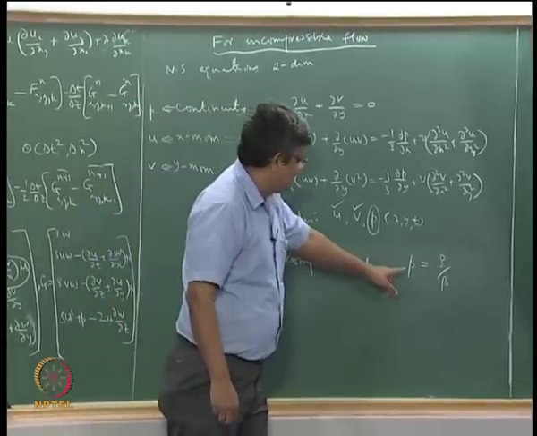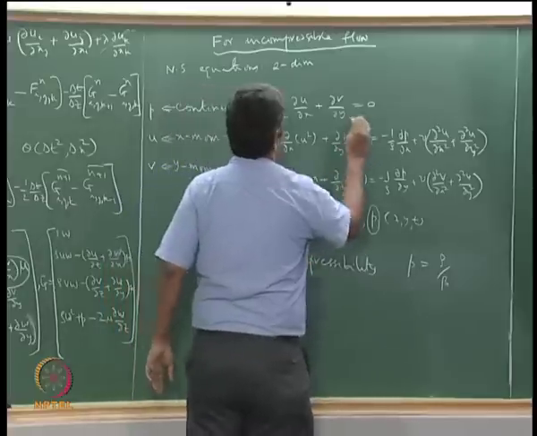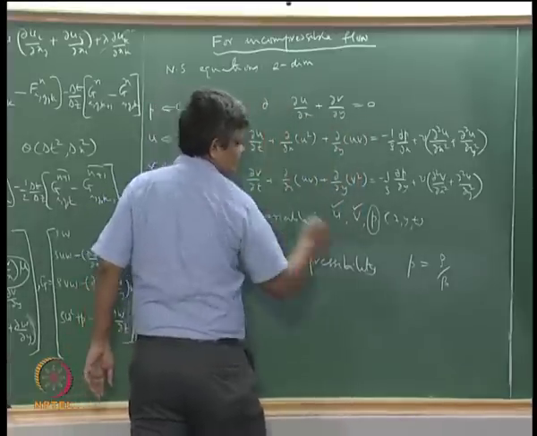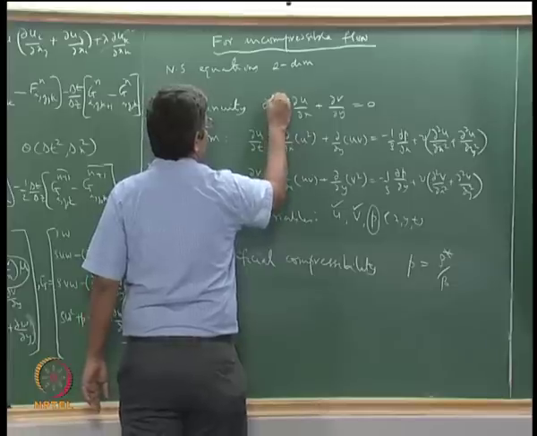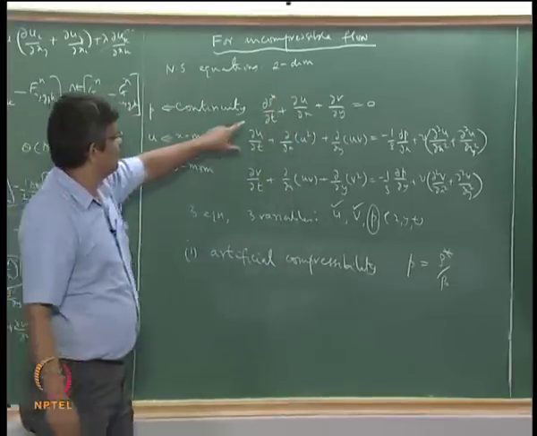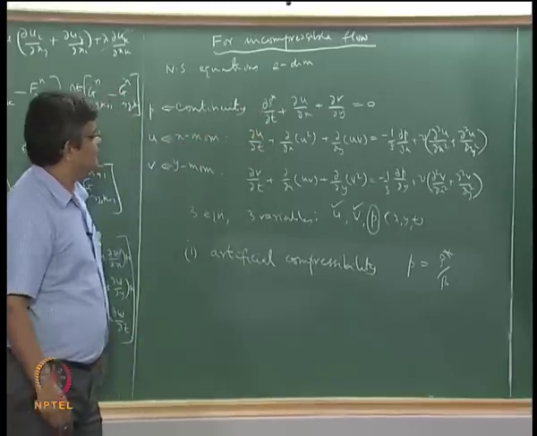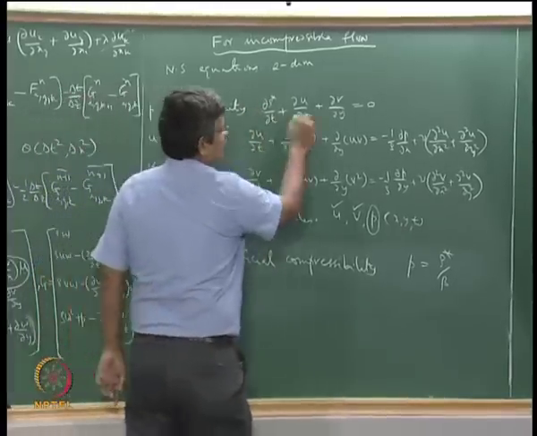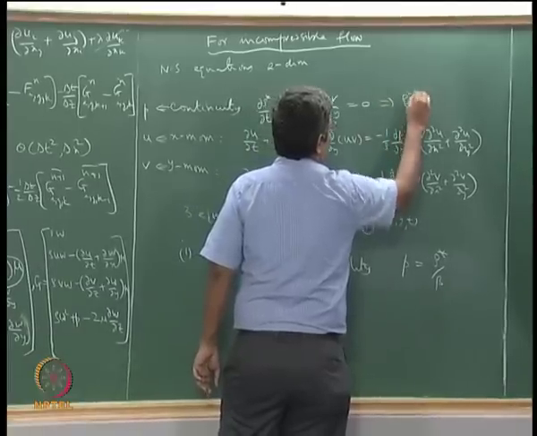So if you now introduce a term like, let us put this as rho star, you introduce d rho star by dt into the continuity equation, and you solve this for rho star I n plus 1,